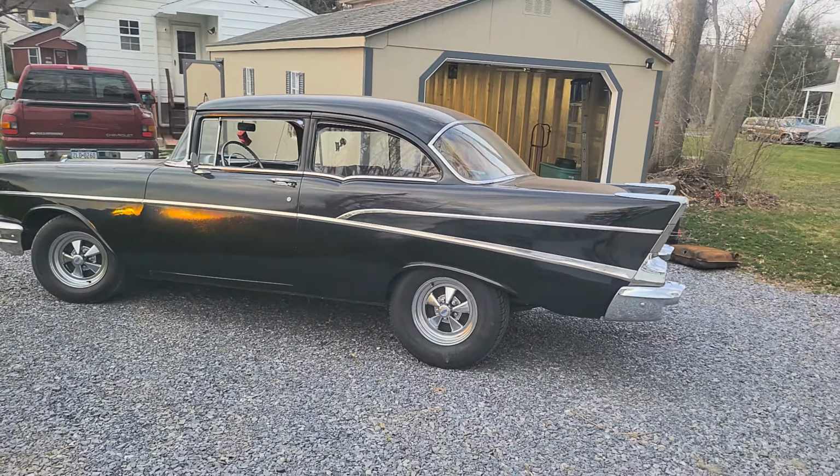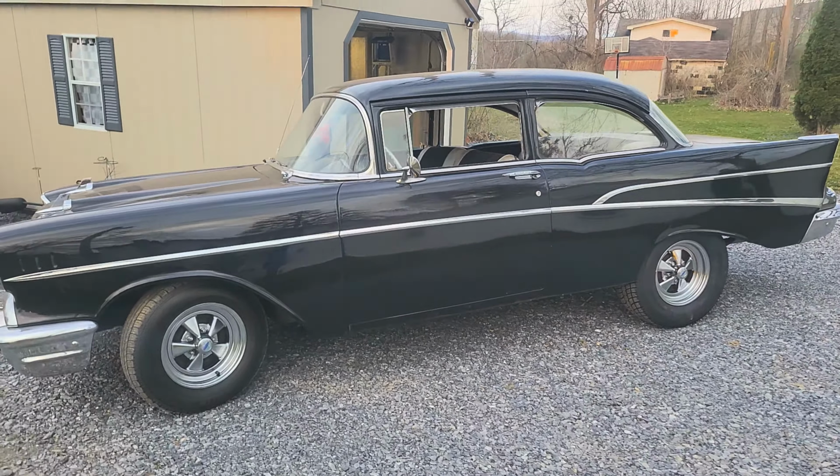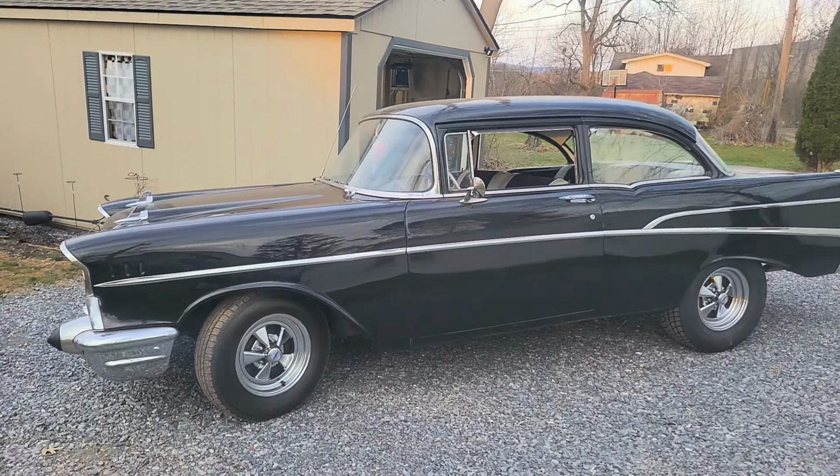Again, this car is really a good looker, good driver. But the pictures don't really show this car. I mean, it's a great driver. I love it. I don't think I want to do anything to it. People love it. I love it just the way it is. It's really an honest, true blue, old-time restoration. Some people think it's original paint. It's not original, but...